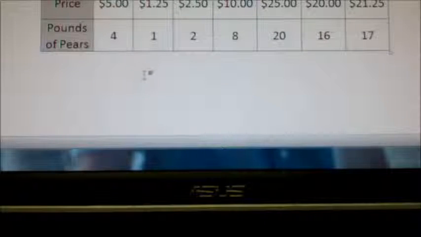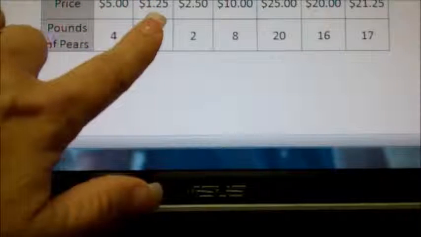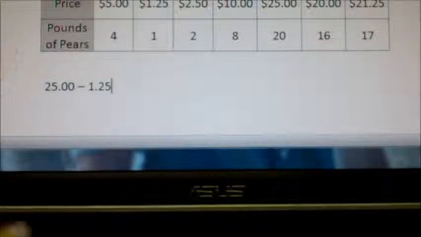I'm going to scroll up and I'm going to just tap in some information. So if I have $25 minus 1.25. Well, let's break this into parts. I'm going to insert a number line, and once again you'll notice that I am just thinking. Nice and thick. And if I place, we don't know what the answer is there. But if I put 25 over here,